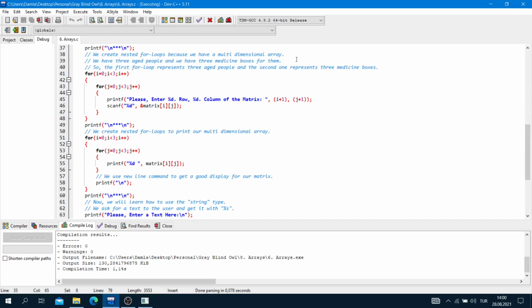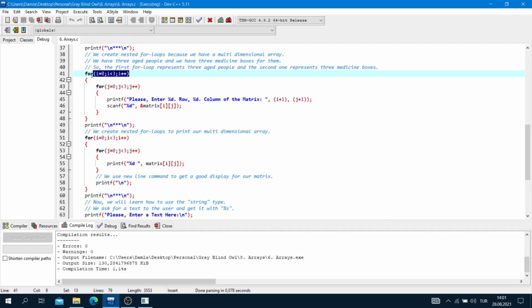Now we create nested for loops because we have a multi-dimensional array. We have a matrix. We have 3 aged people and we have 3 medicine boxes for them. So the first for loop represents 3 aged people and the second one represents 3 medicine boxes. For i = 0; i < 3; i++.